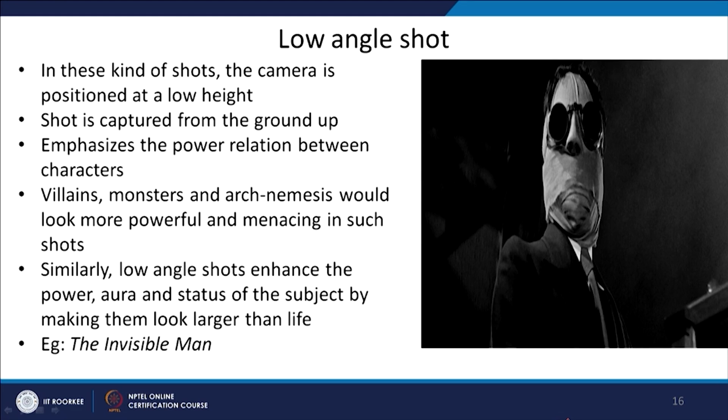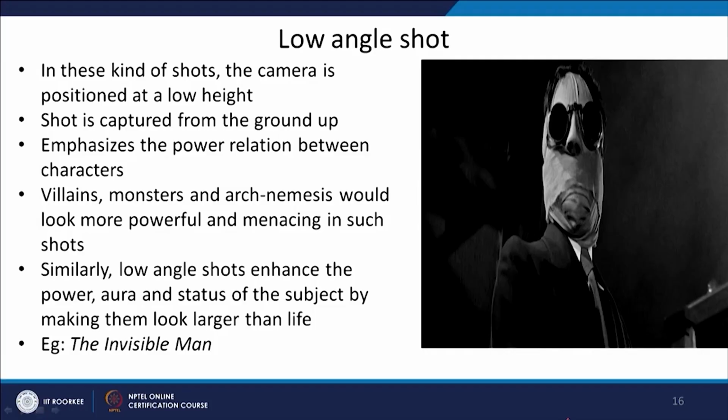A shot is captured from the ground up, and it emphasizes a power relationship between characters. In these types of low angle shots, we find that villains and monsters etc. are projected in more powerful and menacing positions. People who hold a superior position or a position of power, like kings, bosses etc., are also portrayed with the help of this low angle shot to suggest the supremacy of these characters in a particular situation. So, it enhances our understanding of the power, the aura and the status by making them look larger